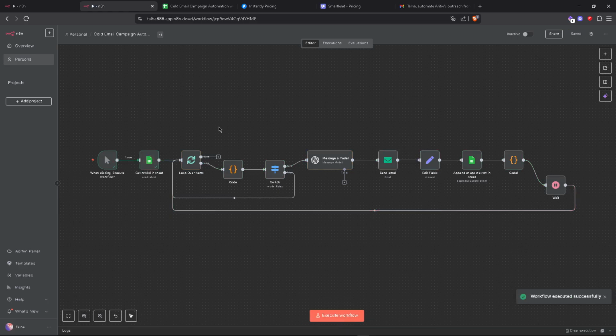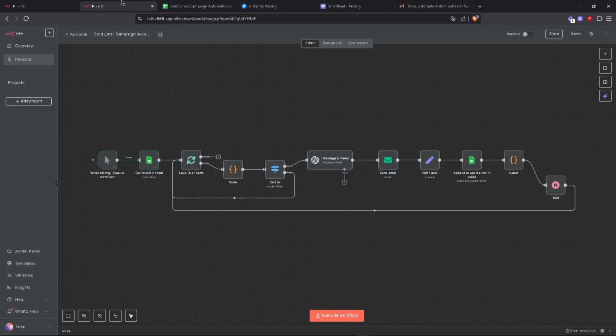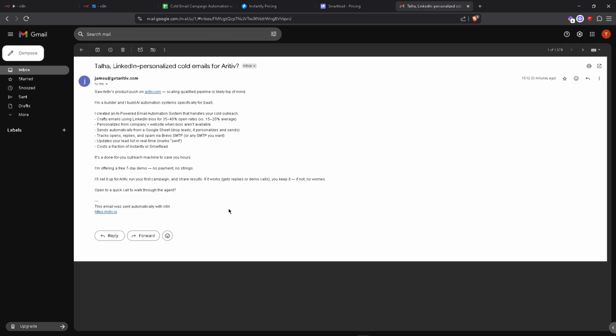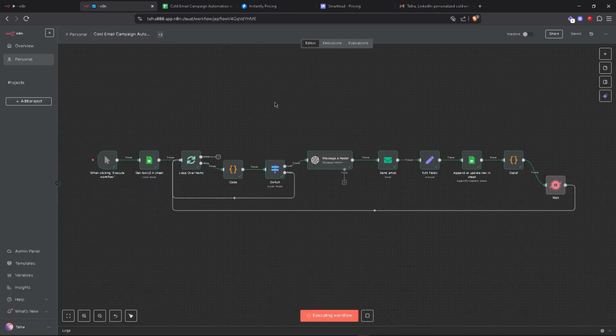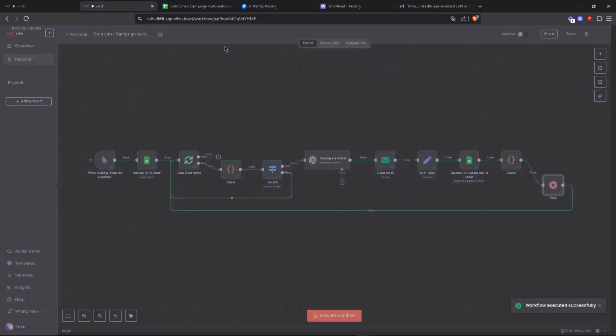You can see it will not work because we didn't update the status to not sent in Google Sheets. After executing the workflow again, you can see the workflow is working totally fine. It's generating the email using the OpenAI node. After sending the email, you can see here we have received the email itself, which is a fully personalized email for each lead. And after this, it will wait a random delay, which in this case is 15 seconds. After 15 seconds, it will go again, and there are no other leads, so the workflow will stop.